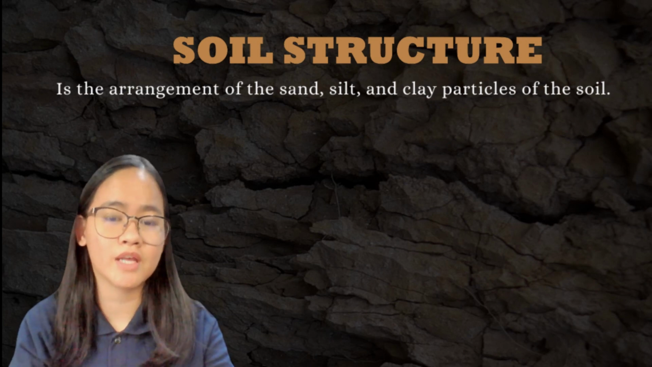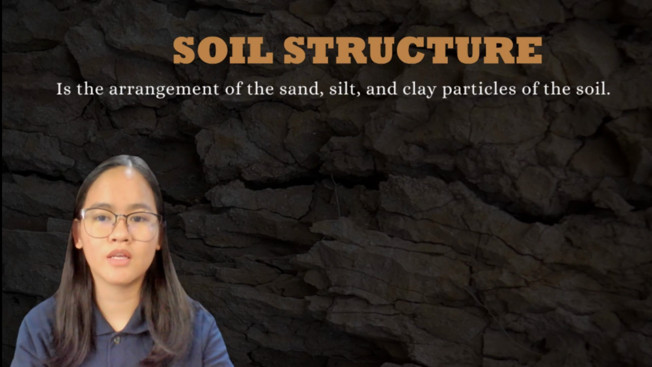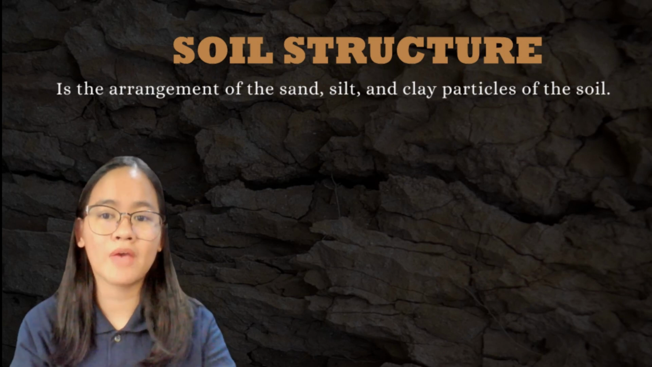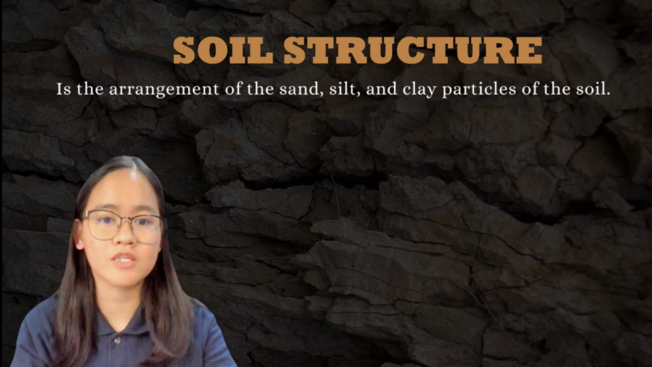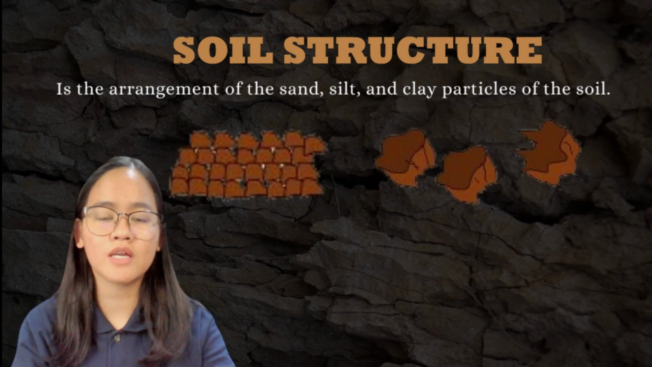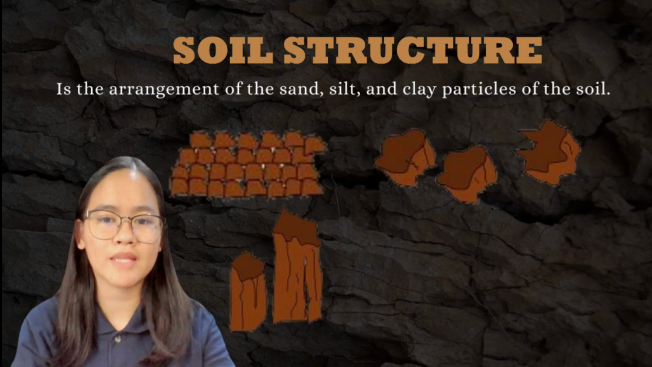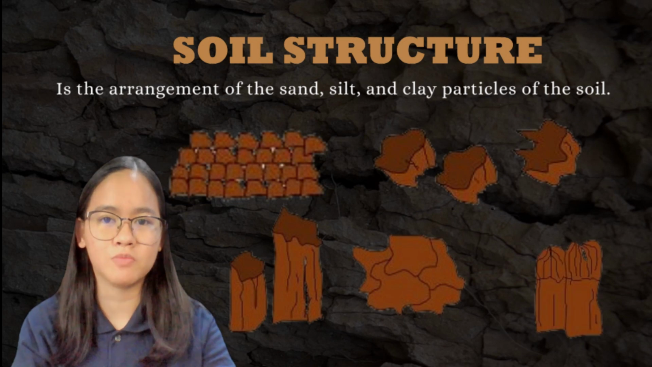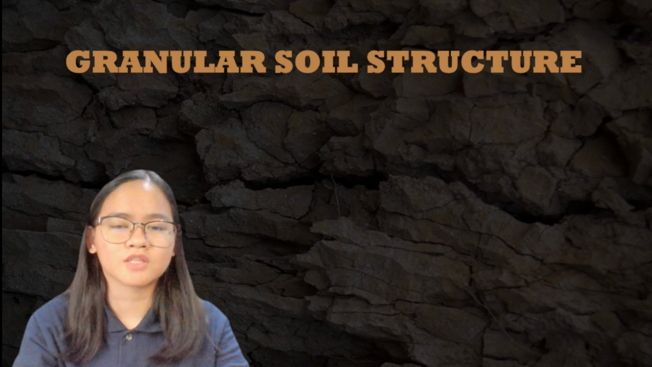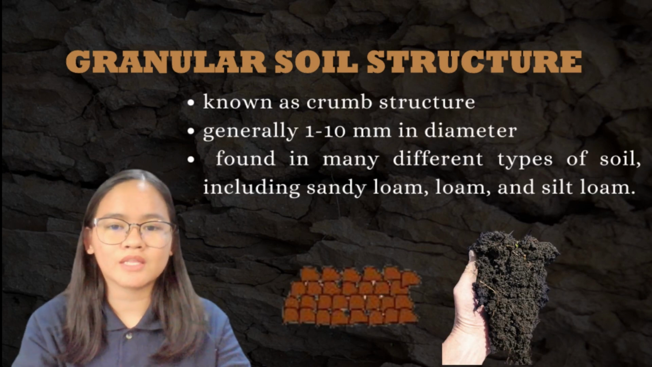Soil structure is the arrangement of sand, silt, and clay particles in a soil. So now, we have here the different types of soil structure: the granular, blocky, prismatic, platy, and columnar. The first one, we have the granular soil structure, also known as crumb structure. It is a kind of soil